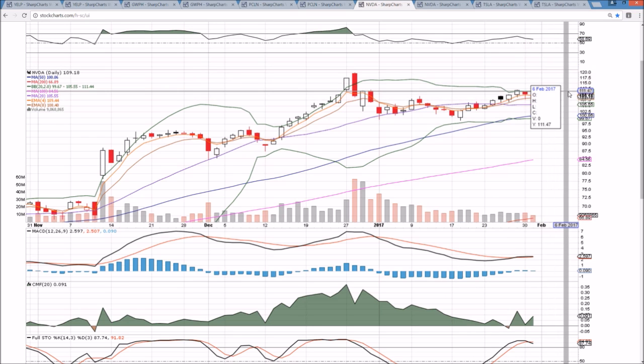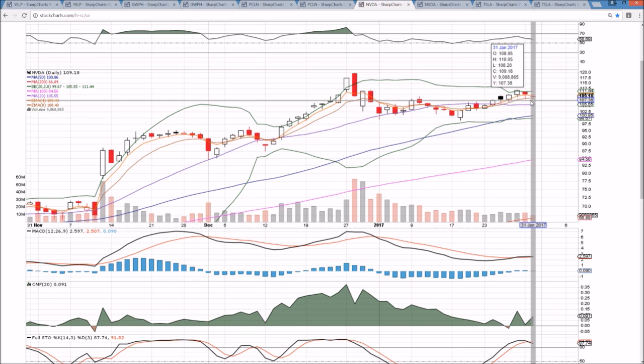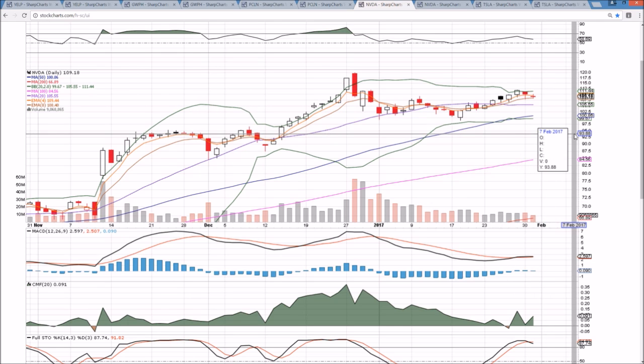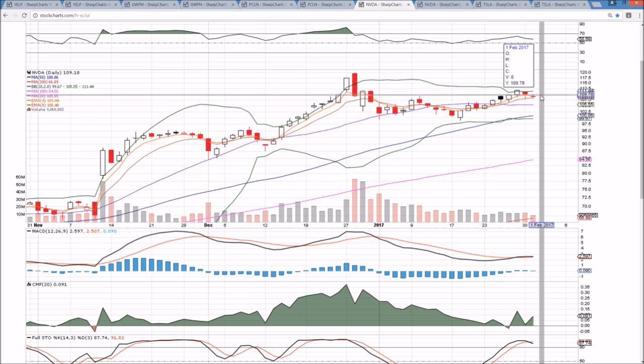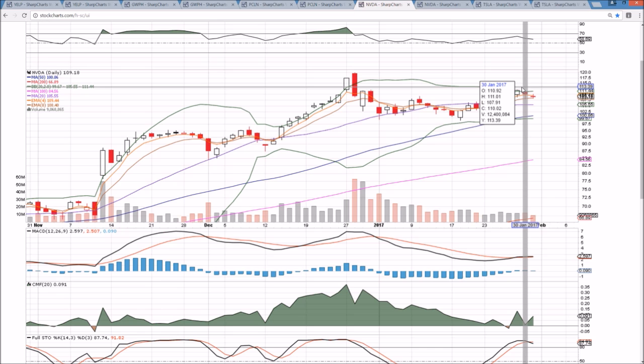NVDA, normal healthy consolidation, inside candlestick on the daily time frame with a range 108.20 to 110.05. Normal healthy consolidation after breaking, or rejecting I should say, from that upper Bollinger Band. Middle Bollinger Band support is 105.55. It's going to begin ascending again. If we see a break of 107.91, the low of yesterday, we know further